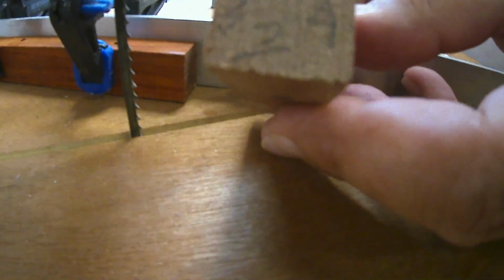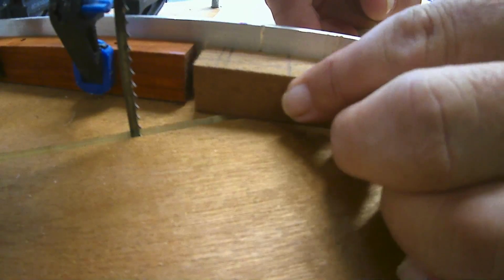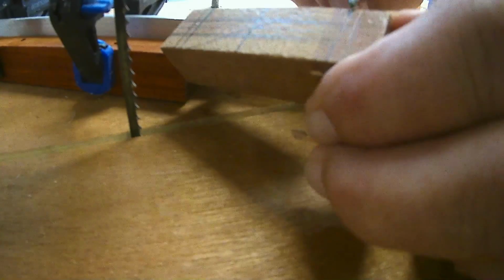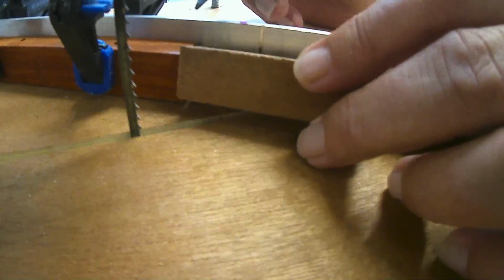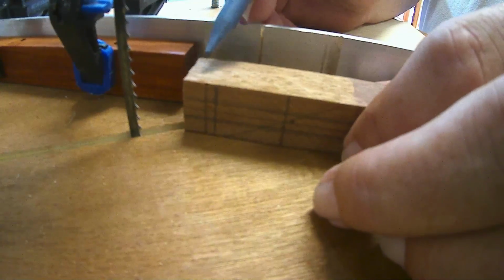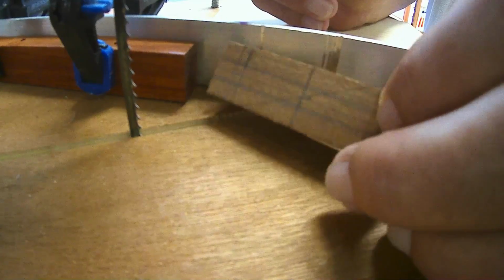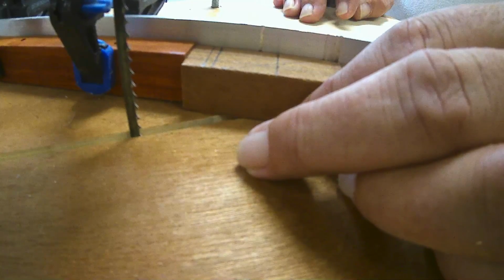I've still got it marked out as 1, 2, 3, 4 because that's the way I'll be cutting, and then I've got lines here and here where I'll be cutting again. I'm going to transfer these lines all the way around, and then I'll be cutting down to those, but that way. So this is the design I've seen several times,